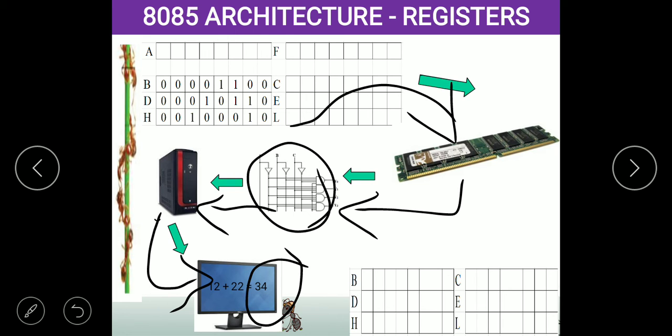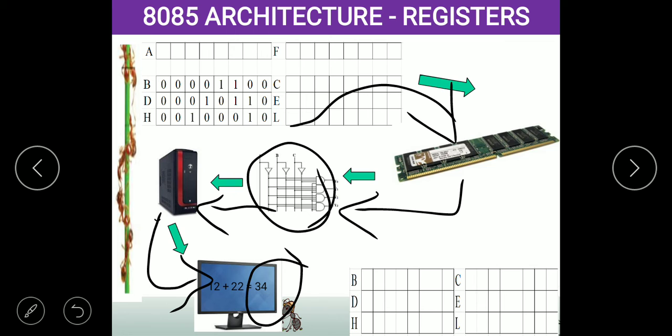Sometimes it may be stored in the hard disk also. That depends upon the type of operation we are performing. Here we are assuming that we are opening the calculator app in the computer. That is only display, it will not store any value, even though it has some memory, but we assume it like that. So the number is displayed. This is what happens if you add two numbers on the keyboard.